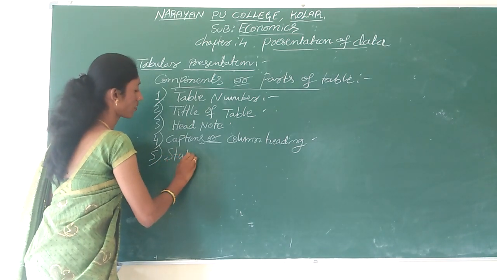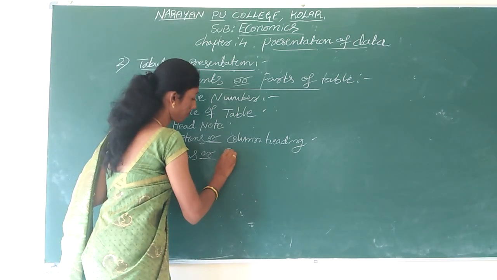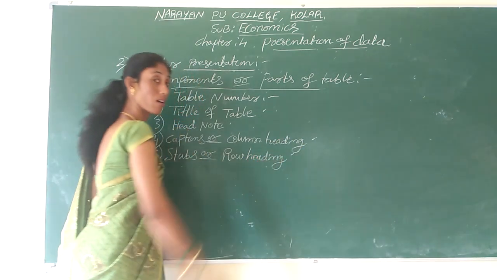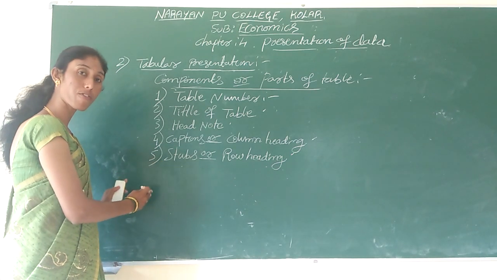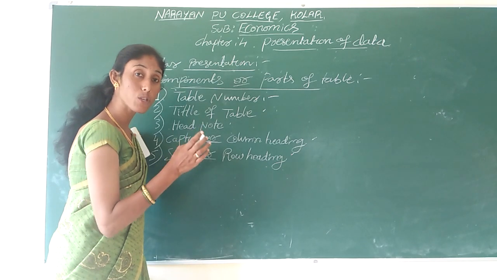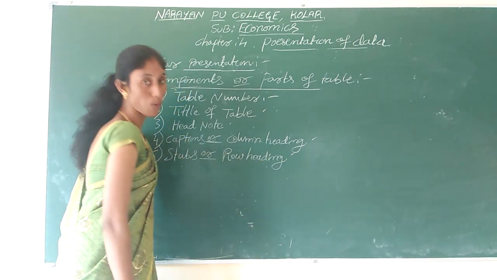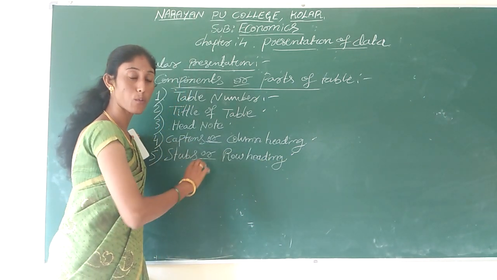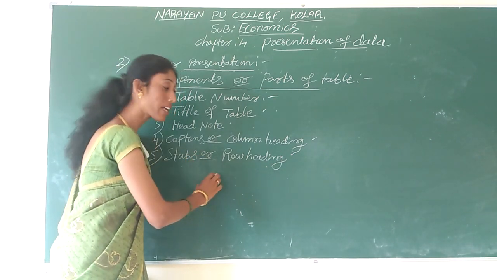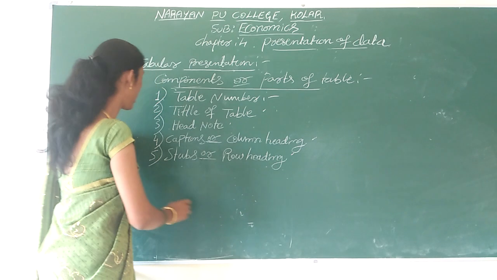stubs, or we can also call it row heading. Here, the row heading is the extreme left part of a table, and stubs or row heading represent the nature of the data entered in that particular row. Got it? Whatever the data is, the nature of that entire data will be understood by the row heading. Got it now? And next